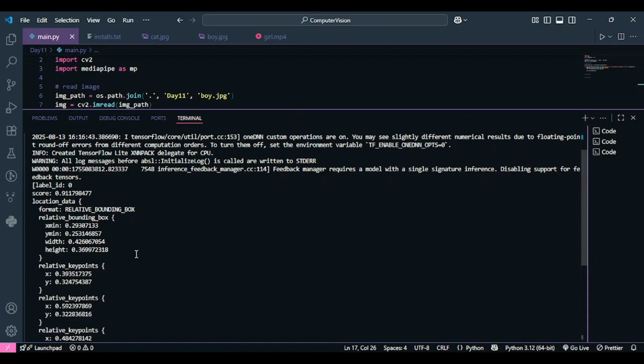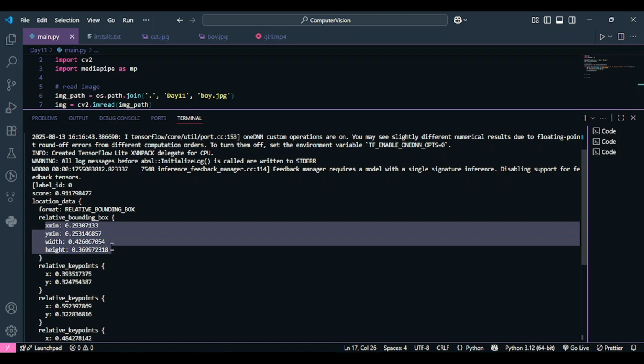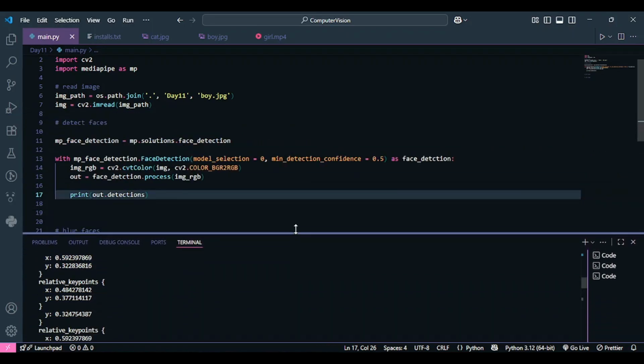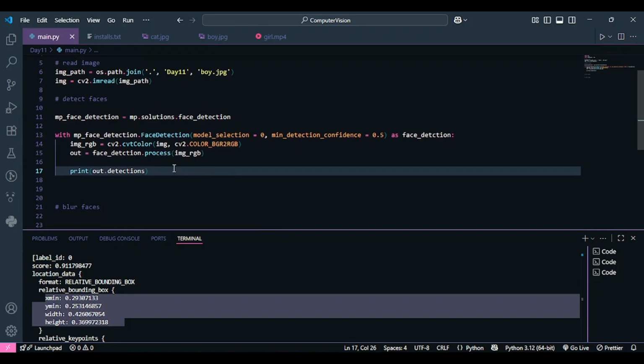Now what we're going to do is we will read these coordinates. Okay, since we want to detect the face, right? So we are going to just extract this information from this detection. So that is exactly what we are going to do. I am going to keep it like this, and let's move forward. I'm not going to print this out. I am going to say